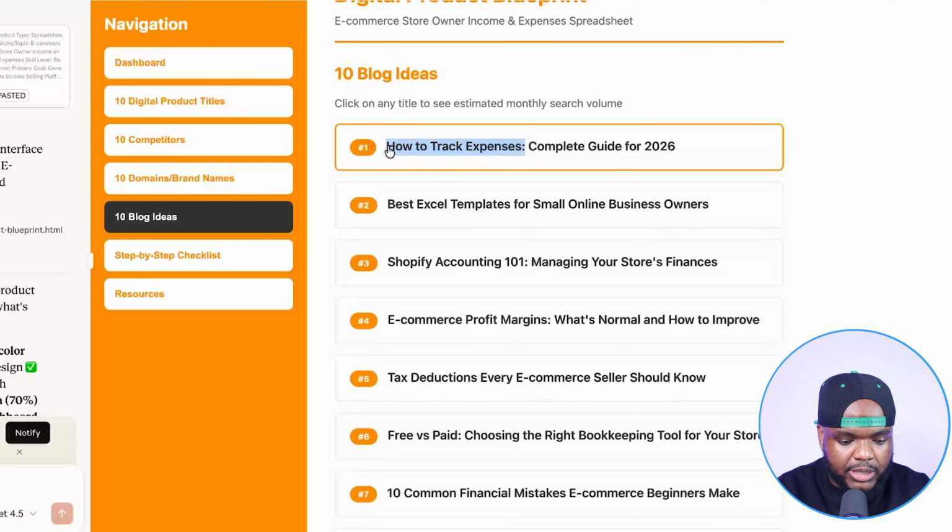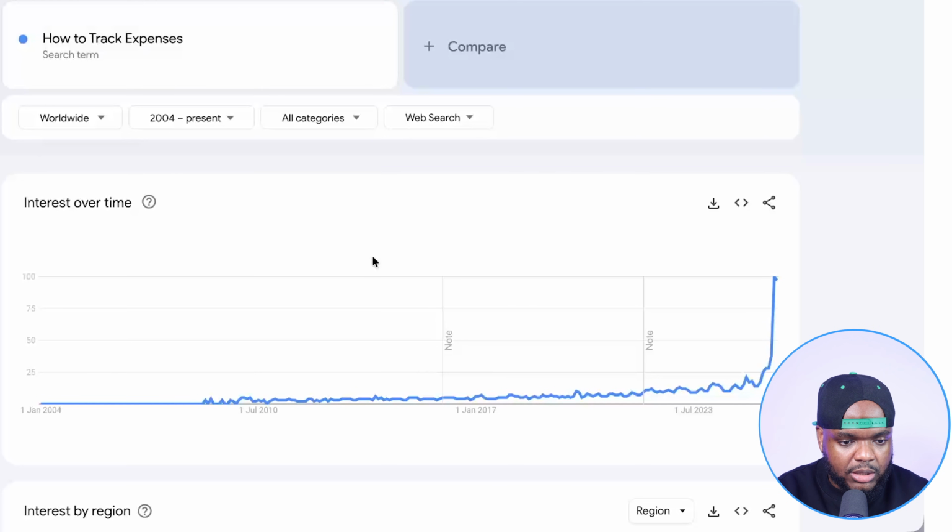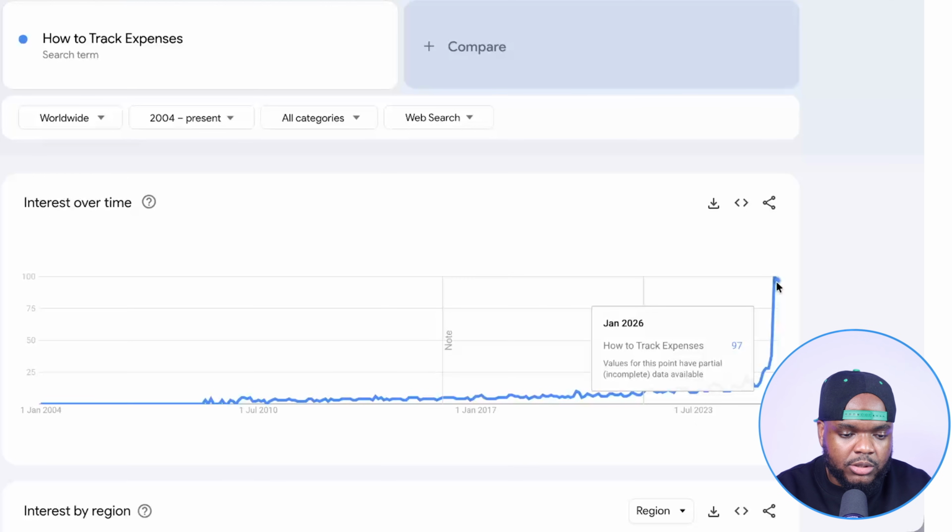If I just copy it just like this and then go over to Google Trends, as we can see, this is something that a lot of people are searching for right now. And for whatever reason, more people have been searching for it in the last month or so. So this is also useful because you can use this information when it comes to knowing which blog articles you can post